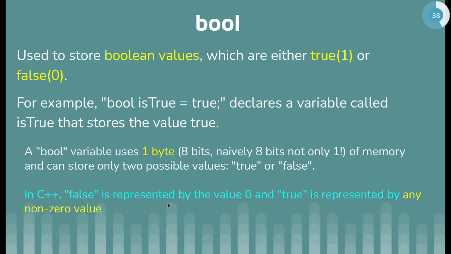Boolean. Boolean values are true equal to 1 or false equal to 0. The Boolean value would use 1 byte. It means 8 bits. It doesn't use only 1 bit. It uses exactly 1 byte. So some of these bits would be ignored, would be useless, but the Boolean value would get them in the memory, and that's the problem with Booleans.